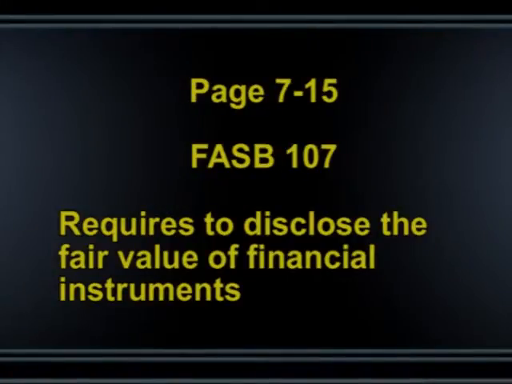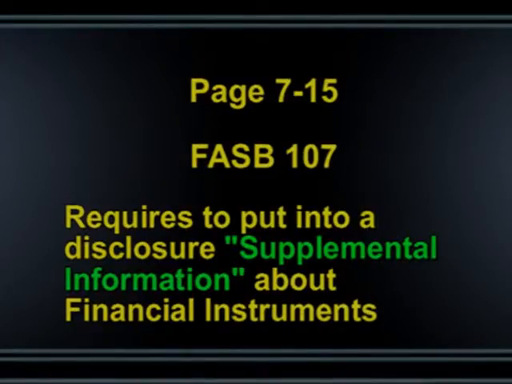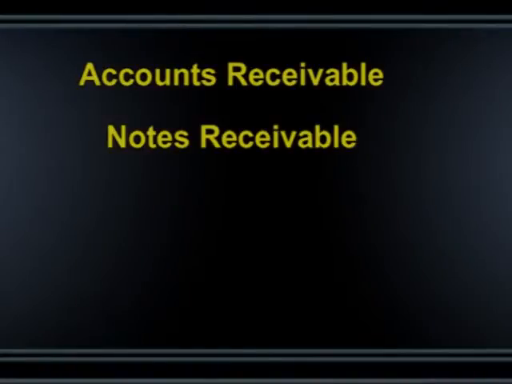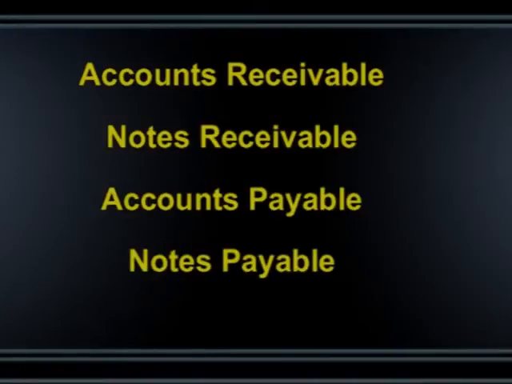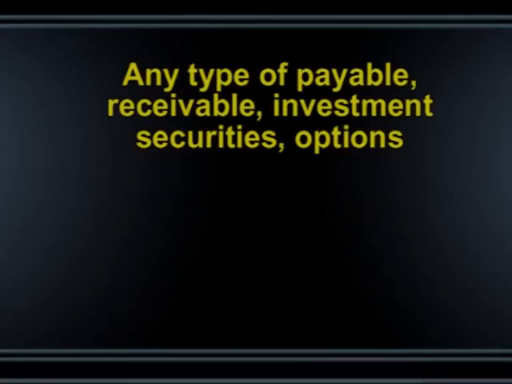So right now, and you've had to do this since FAS 107, probably 7 or 8 years, you had to put into a disclosure supplemental information about financial instruments. For example, you've got accounts receivable, notes receivable, accounts payable, notes payable, loans receivable, any kind of